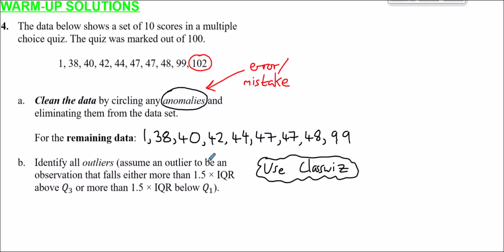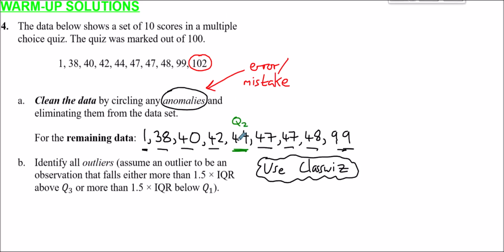So this is a discrete data set. These values aren't continuous, they're certain. You get either a mark of 1 or 2 or 3. So for discrete data, first of all what we're going to do is find the median. And so working in from end to end, it's not going to be the end values, not 40, not 47, not 42, or this 47. We can then see that the median value